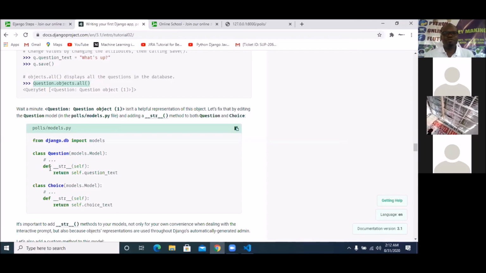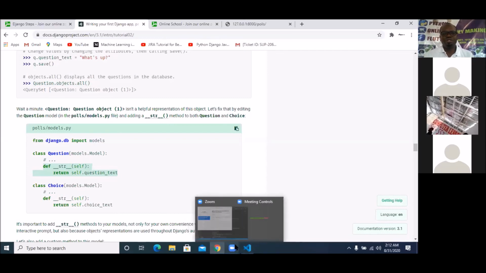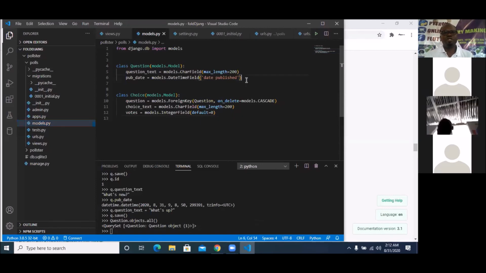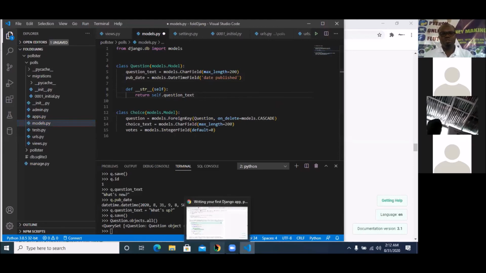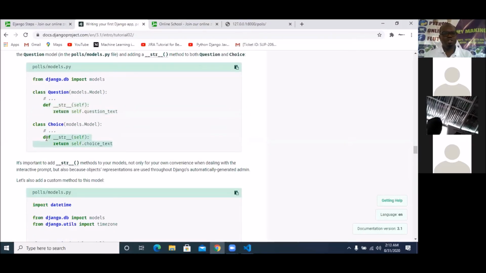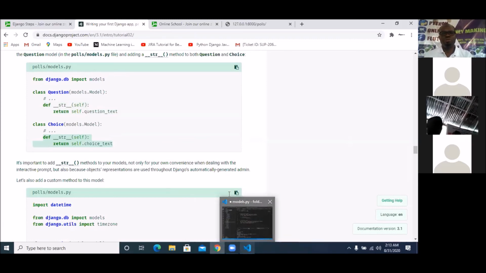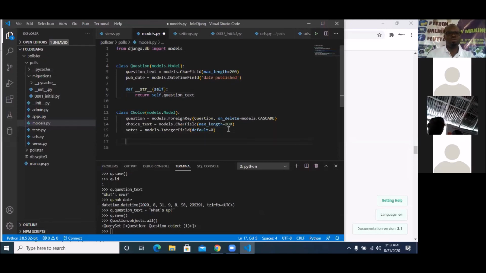And to do that, you simply define a function, __str__, then let it take an argument of self. So do that for question and do that for choice models. That's what we're going to do. So I simply say Control-C to pick this out. Then I get back here. So for question, I'm going to do it. Control-V. Then I'm also going to do it for choice. Okay, so I'm going to right click to save.